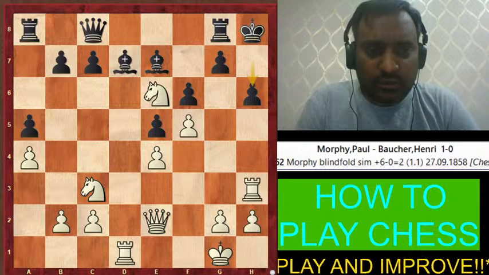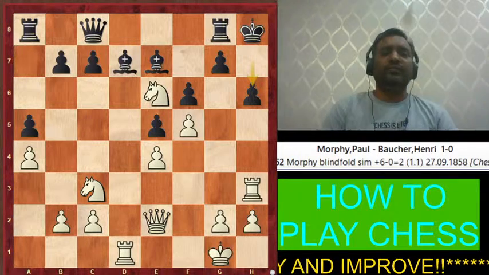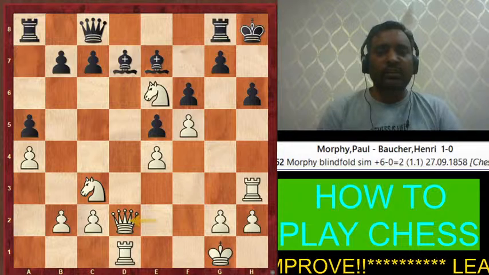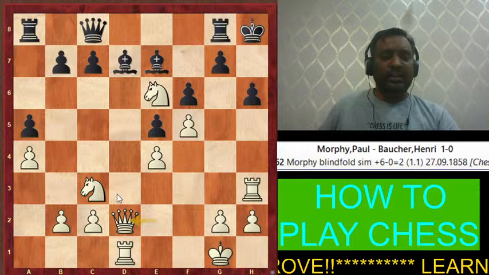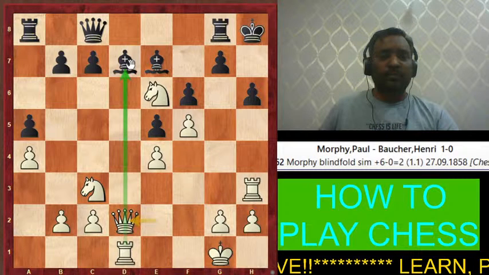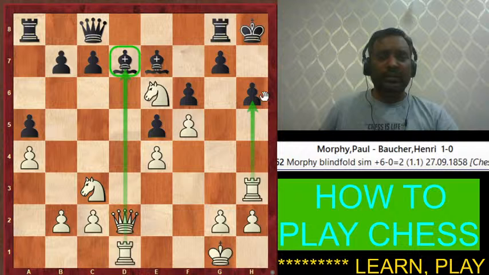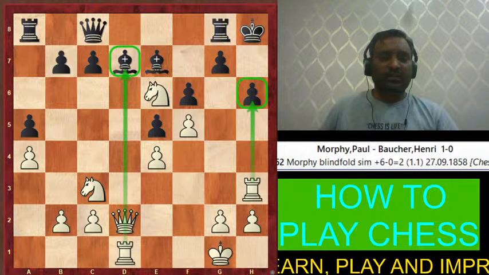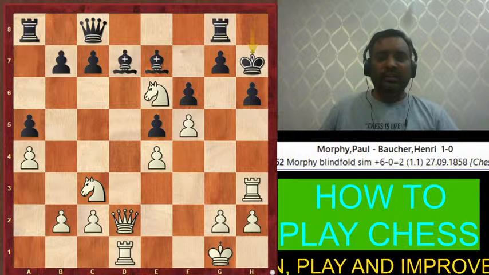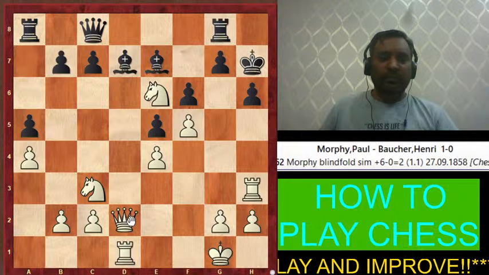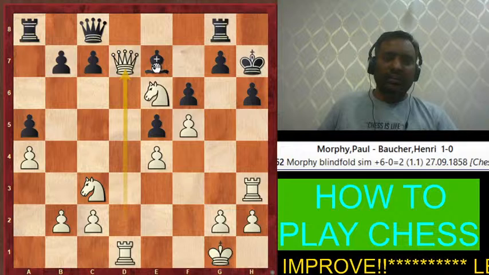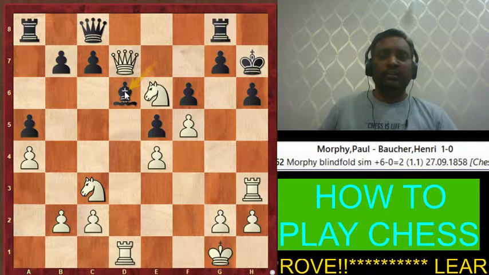He played an absolutely brilliant move of the same mating idea, and that is queen to d2. The idea is winning the bishop and also planning checkmate. Okay, and here their opponent played king to h7 and Paul Morphy simply took this extra bishop. And here Paul Morphy's opponent played bishop d6.